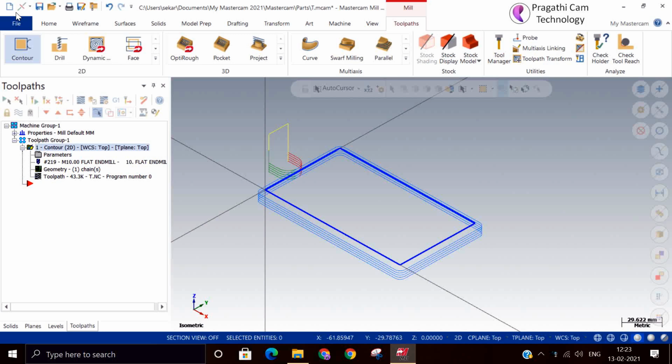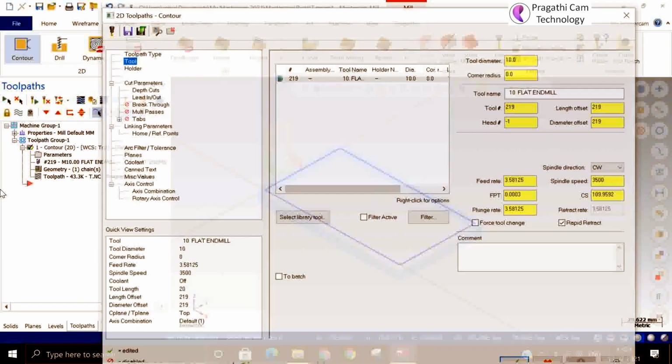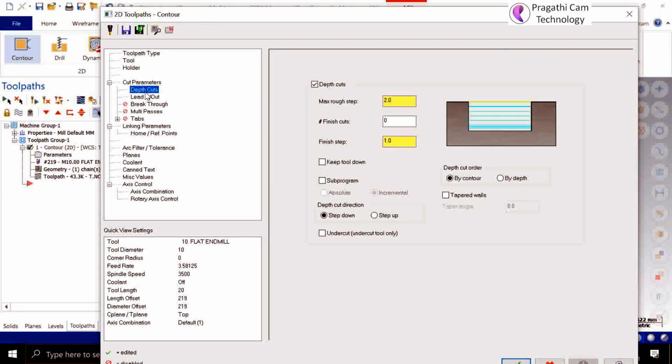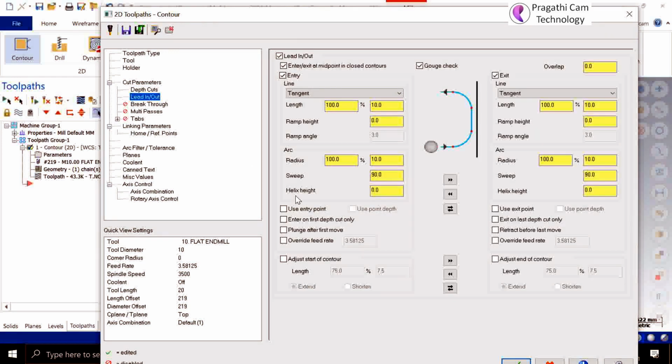Now we are going to see the 2D milling common parameters. Up to depth of cut we have seen in the last class. Next we are going to see lead in and lead out. What is lead in lead out?